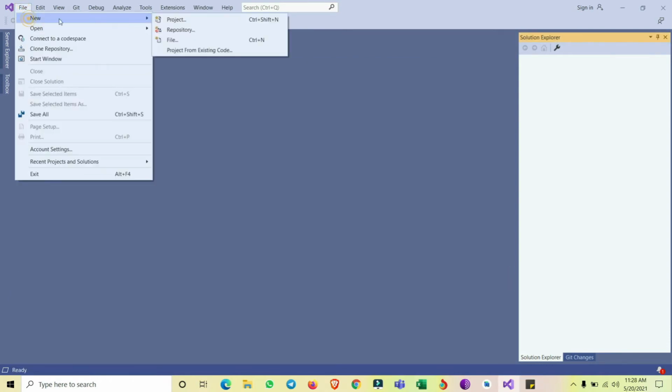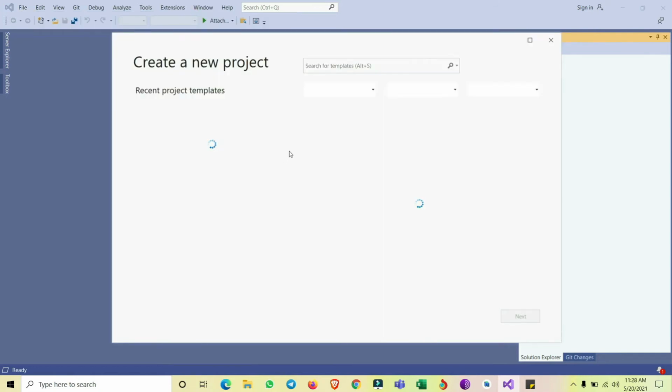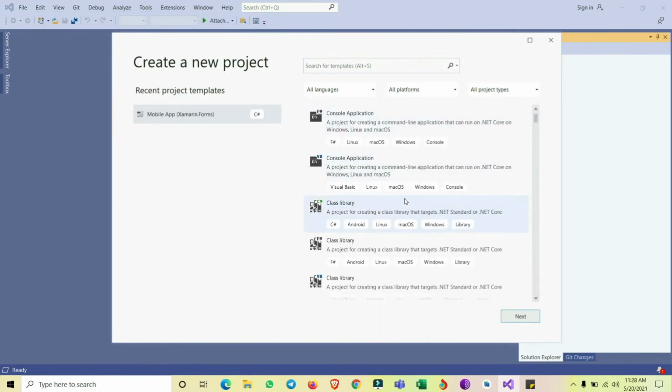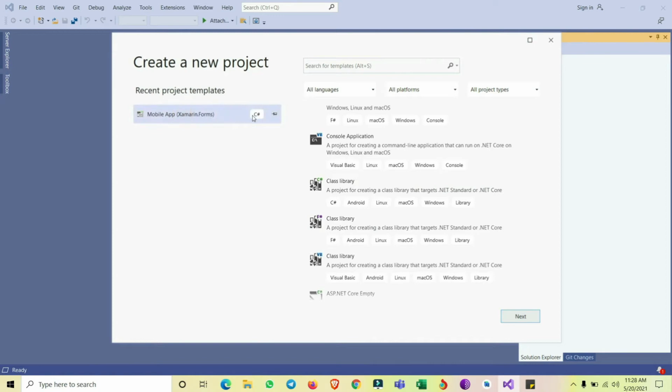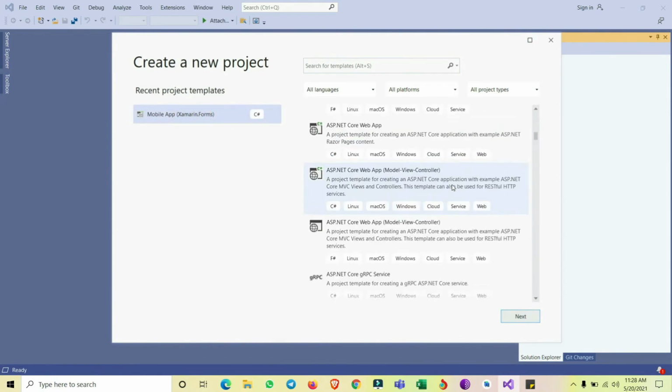Once it has been connected, go to New Project, create a project, select Xamarin.Forms for mobile app and then select Next.